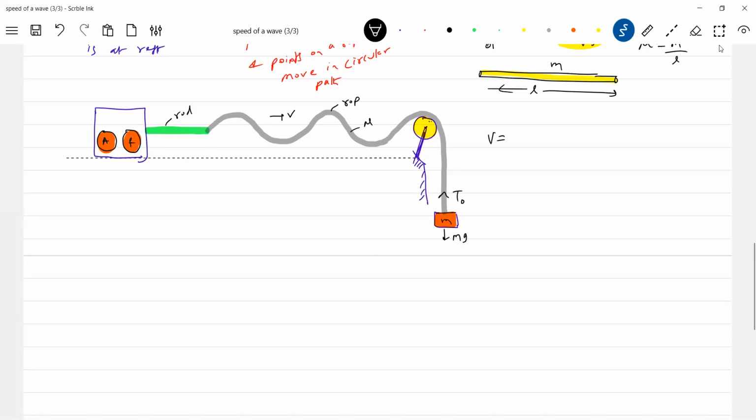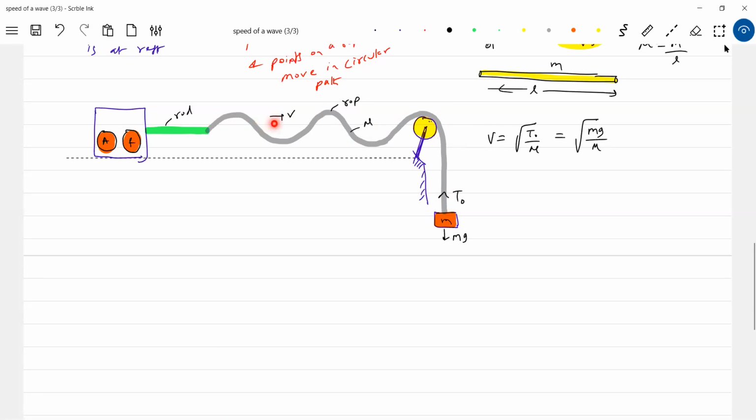You may get it. So what is the speed of the wave? Root of T naught by mu. What is T naught in general? Mg by mu. What is M? M is not the mass of the rope. M is the mass of the suspended block. T naught is a tension. T naught is not time period. It's a tension. So by varying the mass of the block, we can control the speed of the